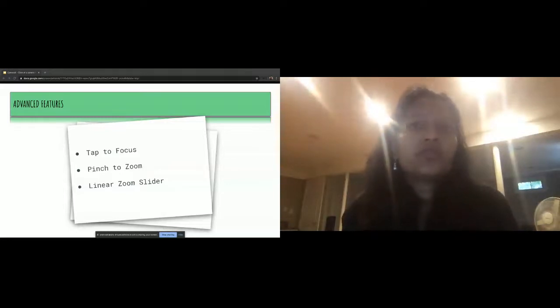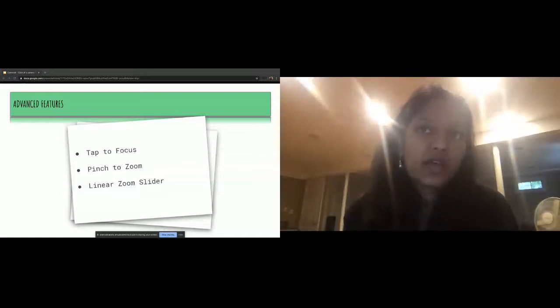So similarly, to support something like pinch to zoom, Camera 2 API required us to manually figure out the transformation and crop region. But with Camera X library, there is something called a scale gesture detector, which in itself determines the delta value or the scale factor with the user pinch value. And we can use camera control for Camera X to automatically figure out the crop region and send a request to camera.